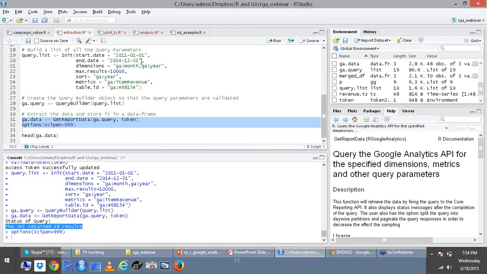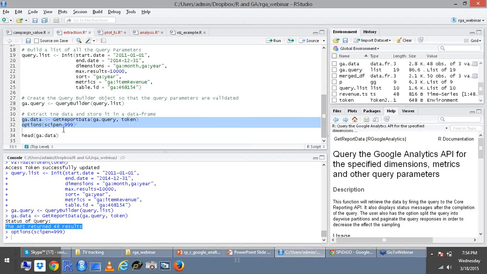I have extracted data of 4 years broken down by month, which means I can expect 48 rows of results. It doesn't say that there is sampling, but if you're working with an account which has a lot of sampling, this status of the query will also tell you how much it was sampled, or based on how many sessions this data is sampled.